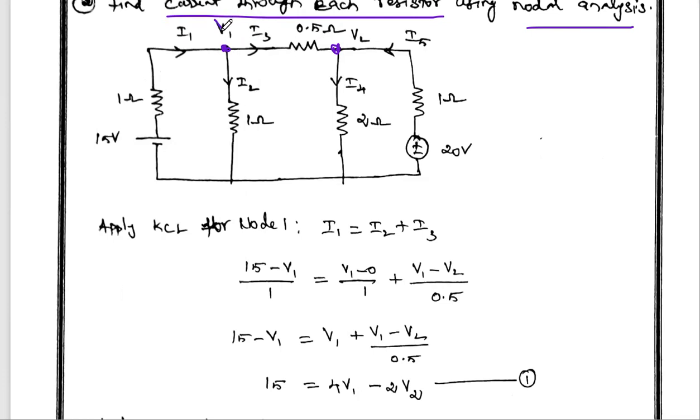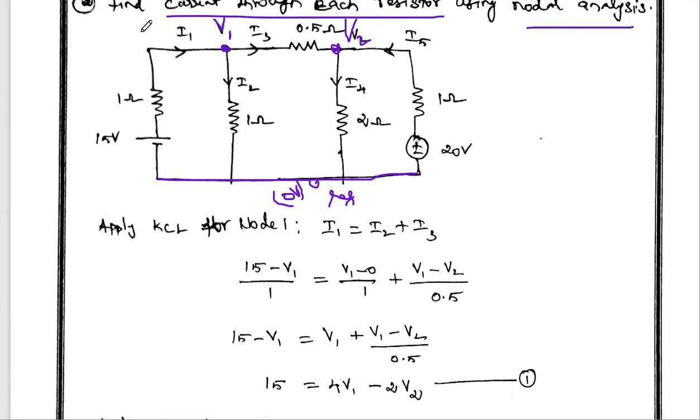We have to consider the voltage at each node. The voltage at the first node, we just consider as V1. Similarly, the voltage at the second node, we consider as V2. There is another node at the bottom, but this node we take as the reference node. Reference node means the voltage at this node is always 0 volts. While writing the KCL equation, one node we have to take as a reference, and the reference node voltage is 0. This is the first step: we identified the number of nodes and gave the variables V1 and V2.